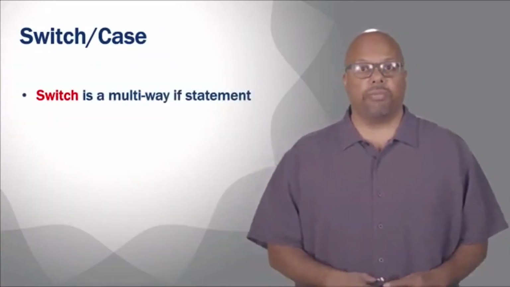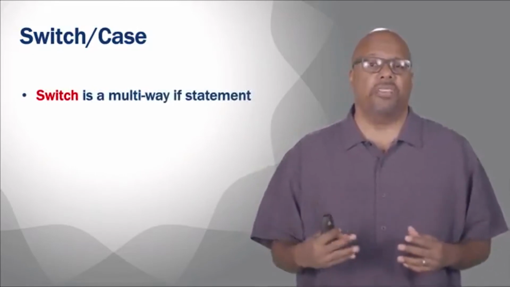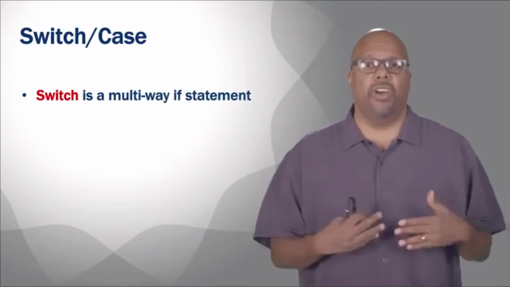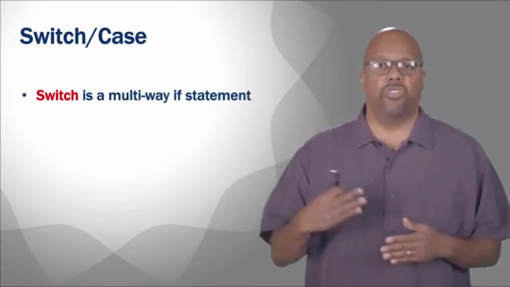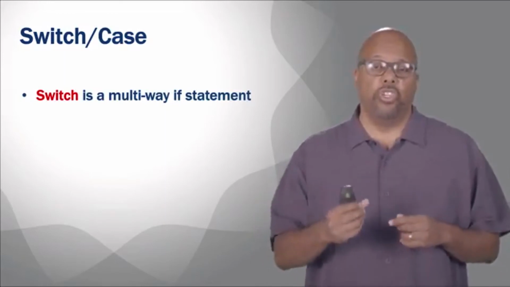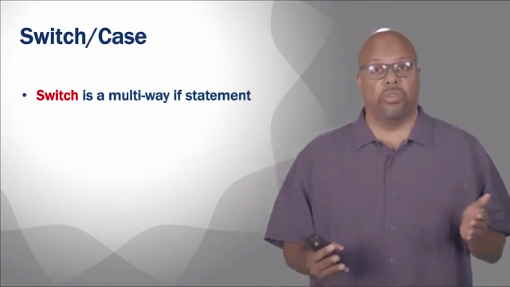All right, so another type of control flow is a switch. Switch is paired with case, right? A switch is a multi-way if statement. You often get situations where you want to say, if this is true, you do this. If this is true, you do that. If this is true, you do that. Sort of, you do one of a set of cases. An else if, else if chain is another way to write this type of thing.